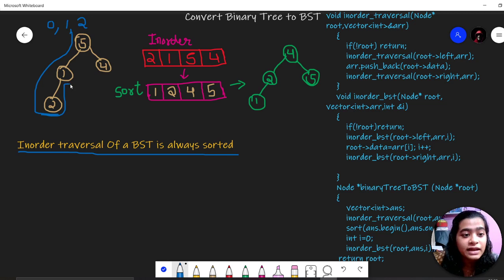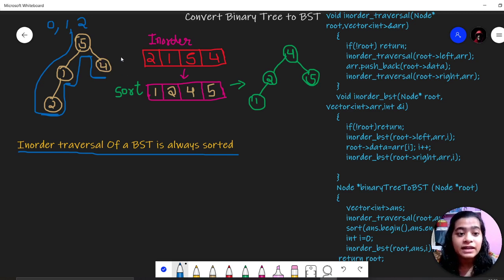Then we are hitting the bottom of 1. Then we are hitting 5 and then 4. So what is in-order traversal? The left node is traversed, then the root node, and then the right node. This is the in-order traversal of a tree.